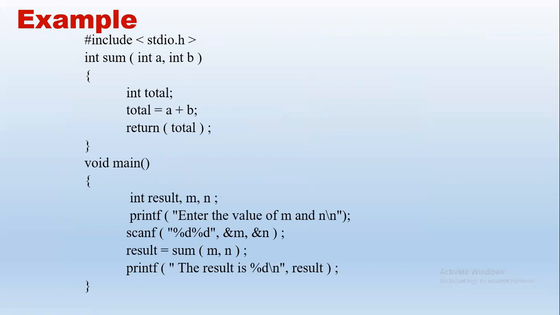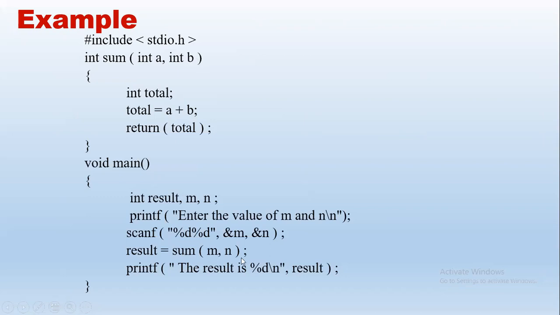Since we are passing parameters, control starts from main, and we have to take input first, taking input for m and n. So this is the function call, very important. In the function call, we are passing m and n. So if we give 1 and 2, m is 1, n is 2. Now from this statement, control directly comes to the definition. A is 1, B becomes 2. The values of M and N get copied to A and B.